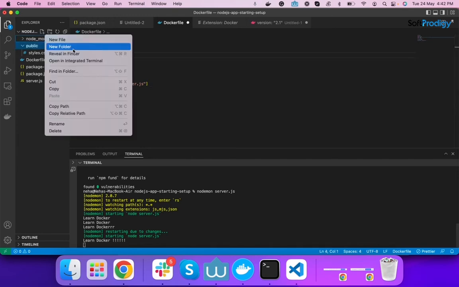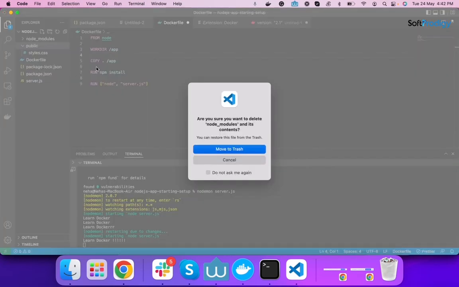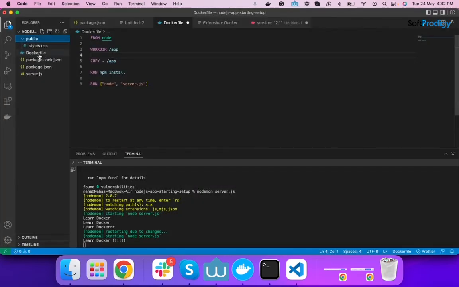And now let me just remove the node modules from here, because we are going to work with it. Okay, so now one more thing over here we have to mention. Right now the container is not going to run directly on our localhost.